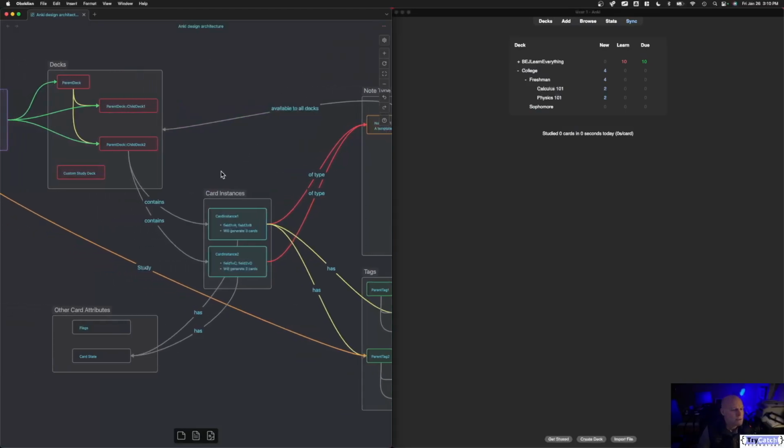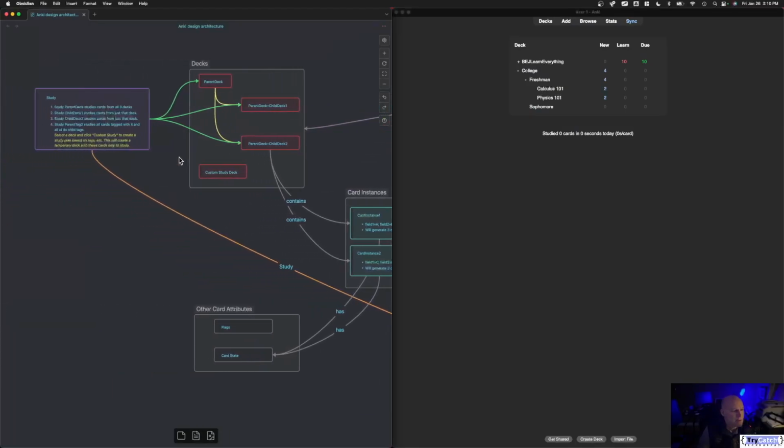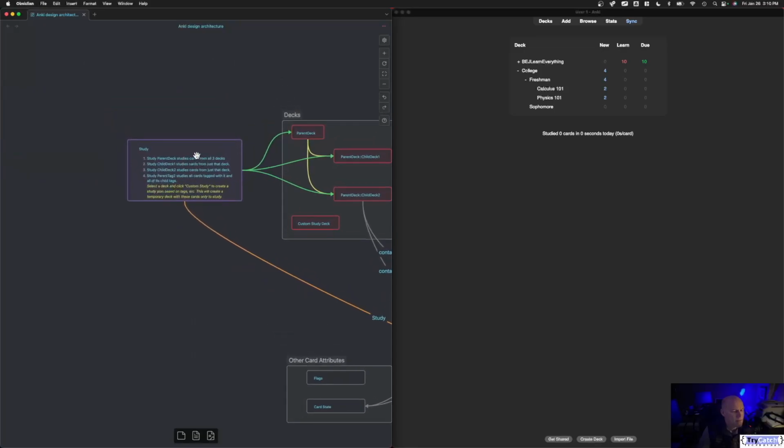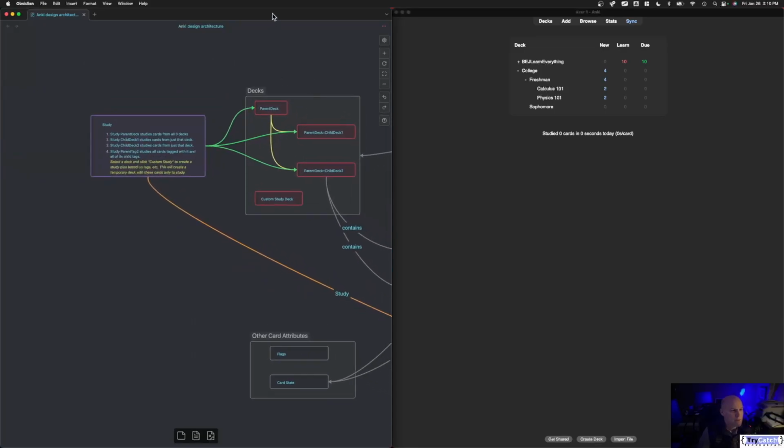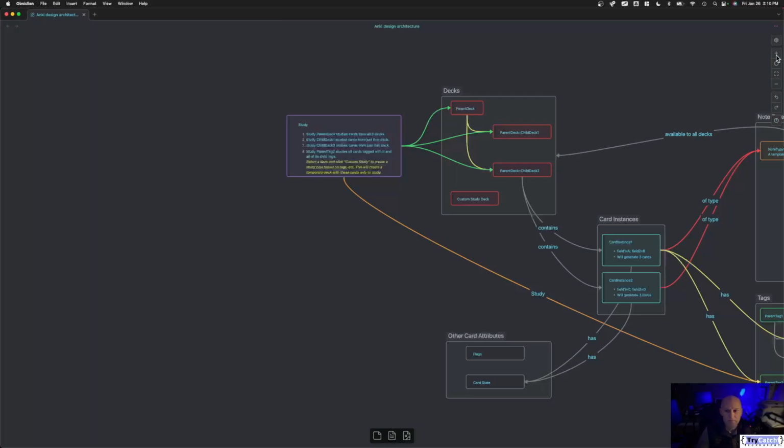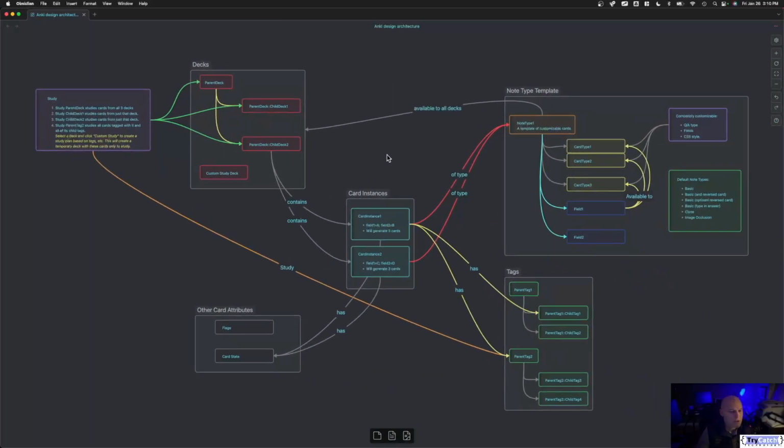So let's look at the full diagram first, and let me just give you a quick overview of the diagram. And if you've never used this tool, this is Obsidian. This is what I use for note taking. It's an awesome tool if you've never seen it, and it's free. It's open source. So in this diagram, I've created